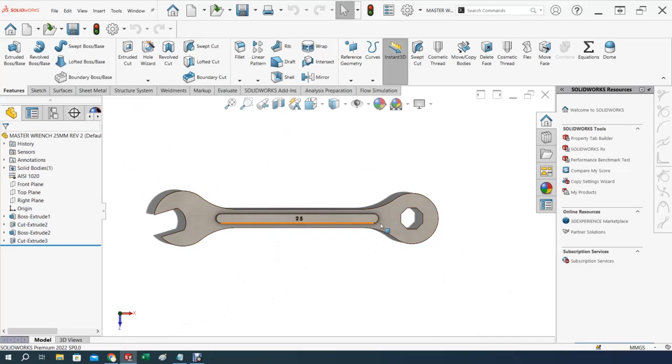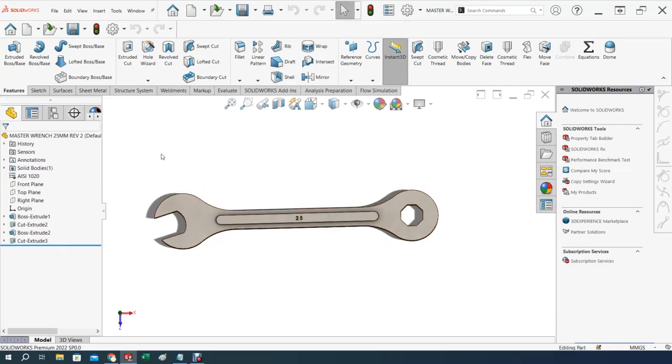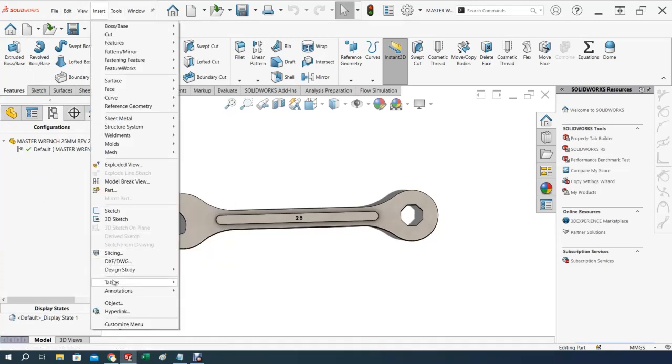I mean, if you want to do only one part, this is it. You are done, and you send this to, for example, a 3D shop if you want it 3D printed, or you send it to forging or whatever you want to do. But at this point, what we want to do is recreate from that part many of them. So what we need to do is come over here, and from here add, that's going to be insert table